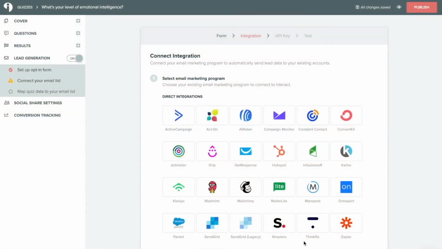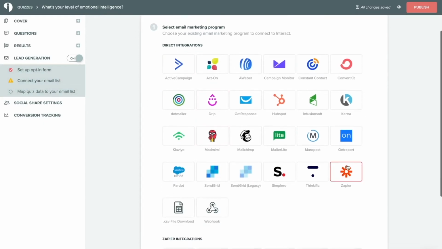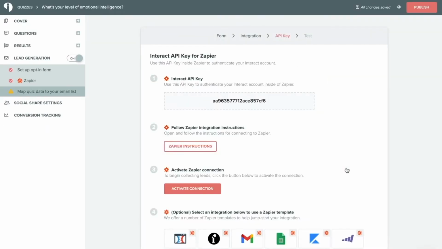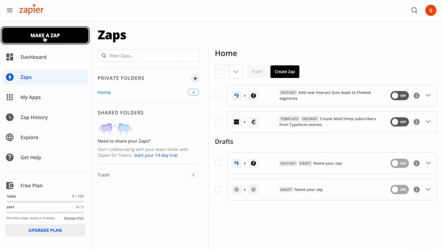In your quiz settings, you'll head to lead generation and choose to connect to an email list. Scroll down a little bit and you'll find Zapier, which you'll then see an API key pop up. You want to copy this and save this for later, and then head over to the Zapier website and choose